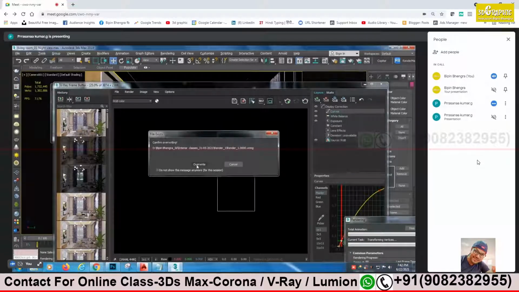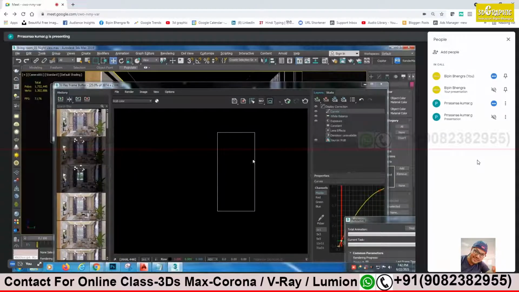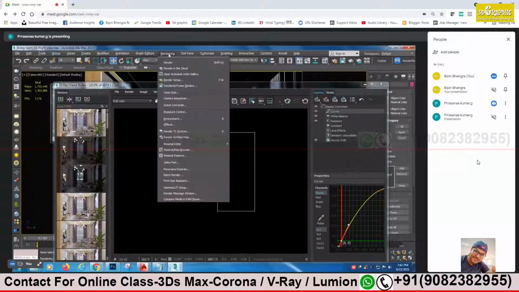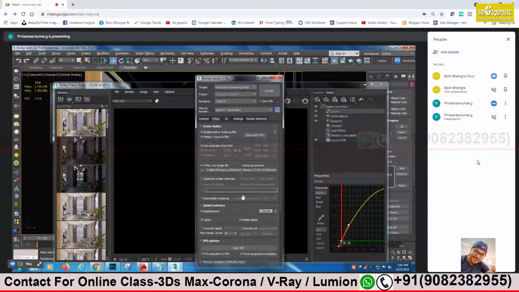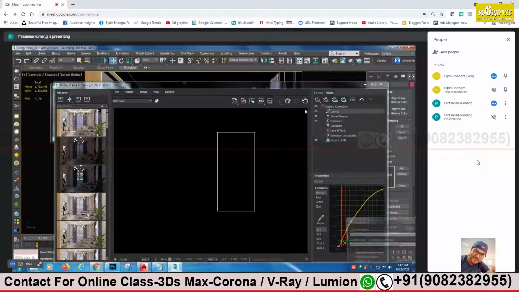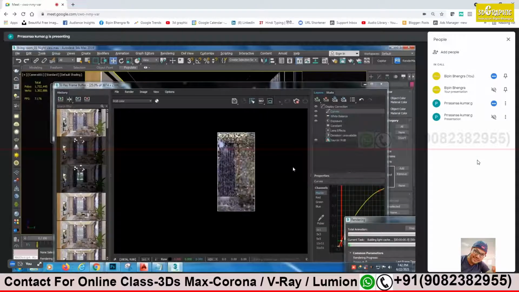You are saving those things. You have given a path to save for the frame buffer. How to come out of that, sir? I was just trying that. Okay, I tell you how to come out of that. You see the tick sign over there? No, on top. Yes, this. Uncheck that. Yes. Right. Okay. Done.